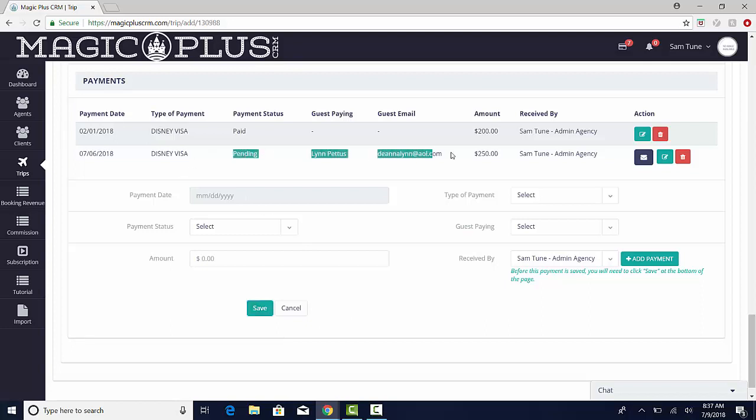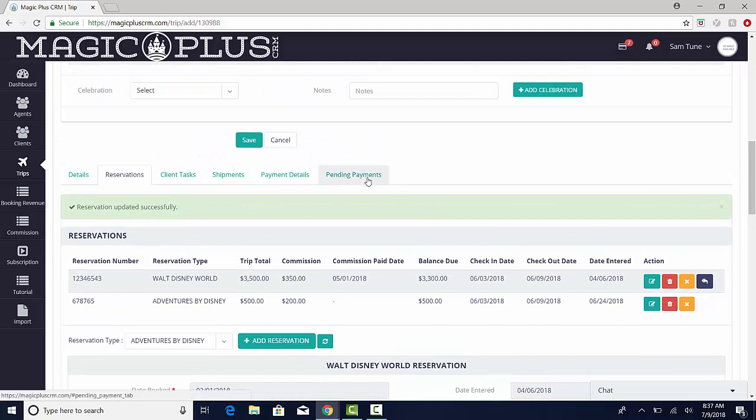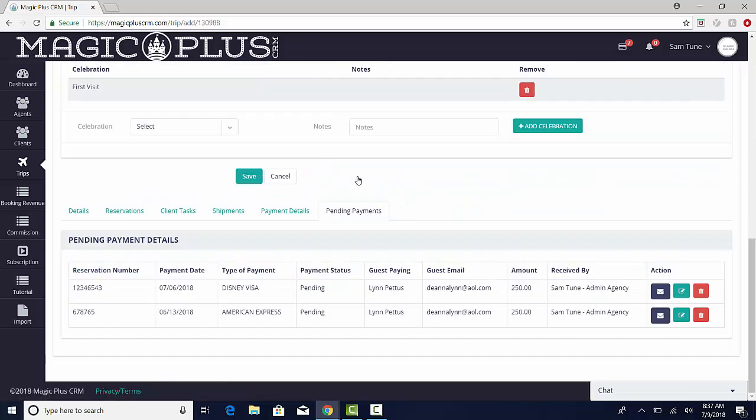You will now see that this pending payment has been added to the Payment section. From this section, you have the ability to edit, delete, or send the invoice, which includes the credit card authorization form. However, if you scroll back up, you will notice a new tab titled Pending Payments. When you click on this tab, you will see all pending payments for this trip. From here, you can also go back in and edit the pending payment information, delete it, or push the invoice